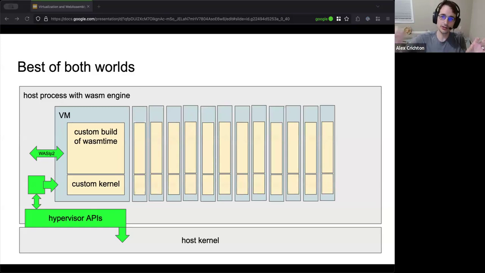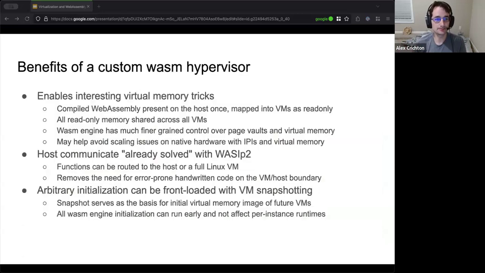So we get to pack tons of these on one machine, and we can end up running thousands of Wasmtime virtual machines that are all customized to run one WebAssembly instance, do it as long as it needs, and then tear it down completely. It has the benefits I was saying earlier: a lot of these can be mapped to other instances, and the actual resident memory is not blown up per instance. The per instance cost is much smaller than you might expect.